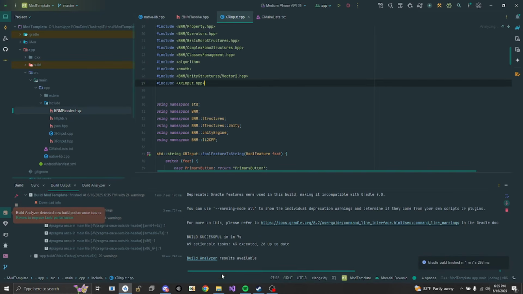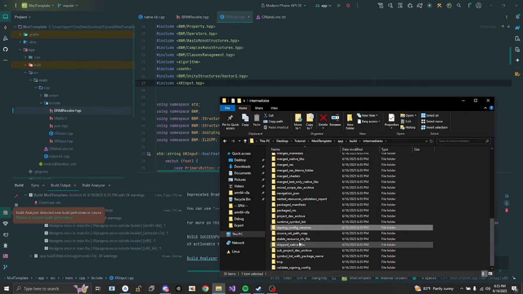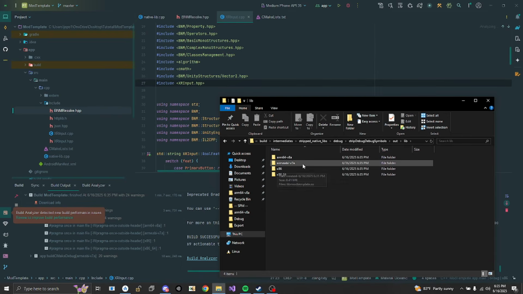Now that it's finished, I'm going to open up my file explorer, go to the project, app, build, intermediates. I'm going to go to stripped native libs, debug, stripped out, lib. Okay. Then you're going to want to select your architecture. The x86s are pretty useless. They're not really used. What you're going to want to look at is ARM64 V8A for the most part, but